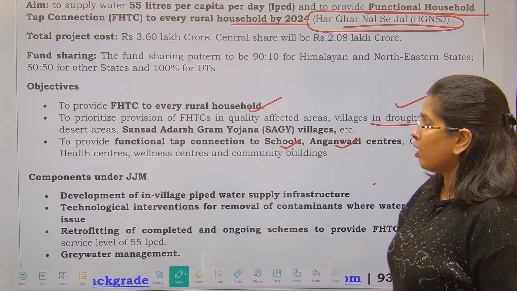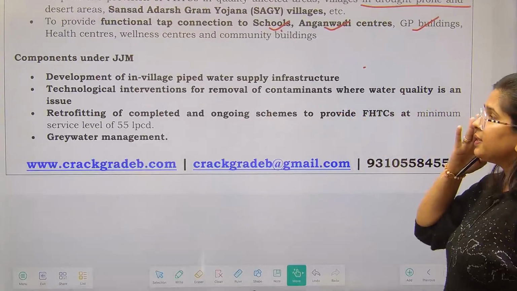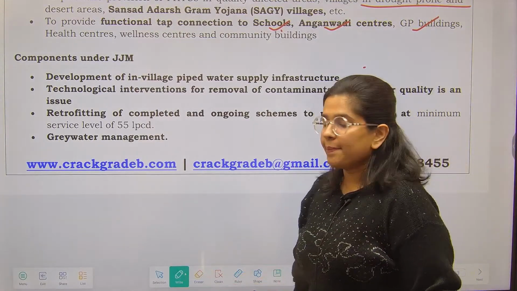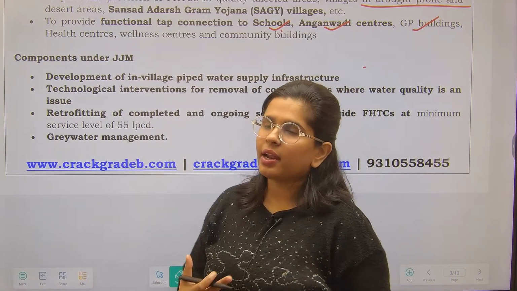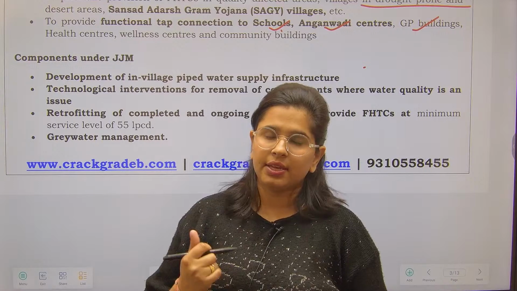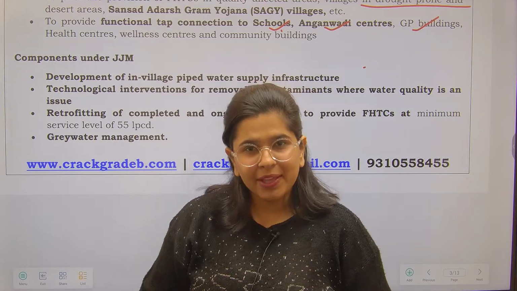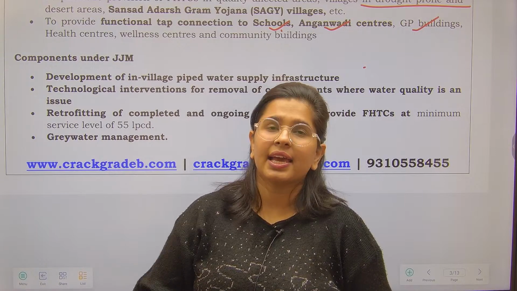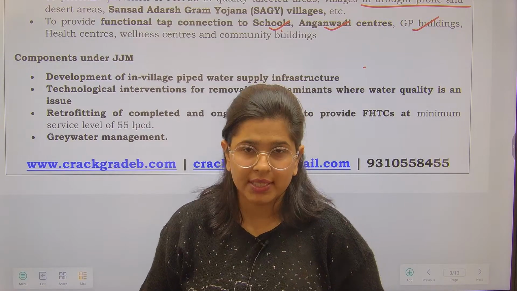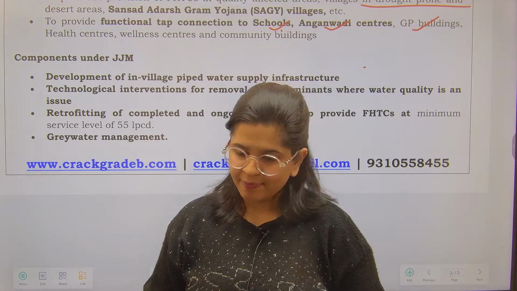Moving ahead and talking about the components under the Jal Jeevan Mission. Let us see this. कई बार ऐसा होता है that in components we know tap water connection is the foremost objective of this mission. बट उसके अलावा भी तो 10 काम हैं इस मिशन के, और भी जगह ये focus कर रहा है, तो हमें उन चीजों के बारे में भी ध्यान देना है.